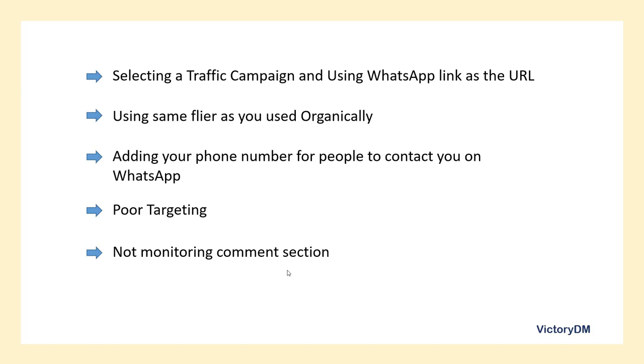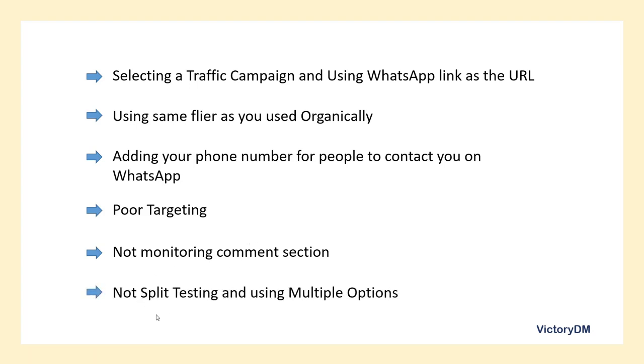There are so many people who are going to drop stupid comments, and it's going to affect your ad if you don't delete them. Imagine you're running an ad, you're paying Facebook for the ad, and in the comment section it's buy my clothes, buy my shoes, buy my watches. People are dropping their own adverts, I sell airtime, somebody is saying you are a scammer. You understand? It's going to affect the result of your ad. So always monitor the comment section.